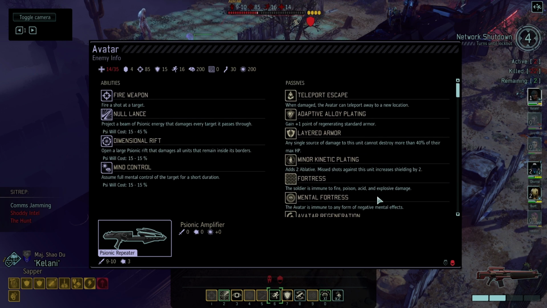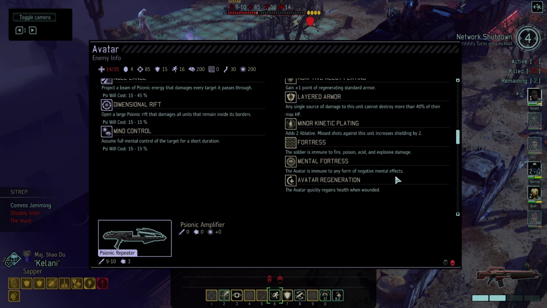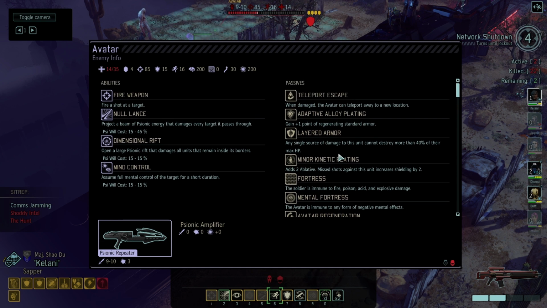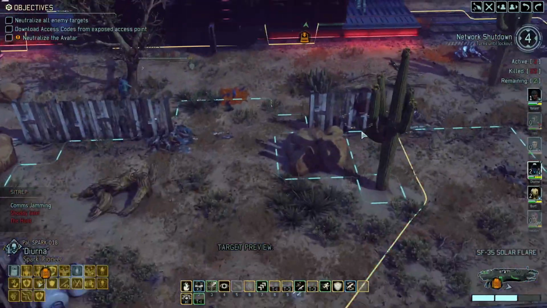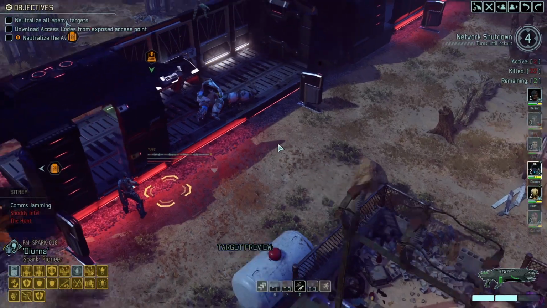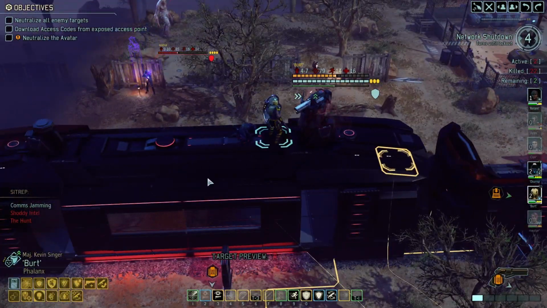It's immune to fire, poison, acid, and explosive damage. Wow. Immune to negative mental effects. It regenerates health, and we can't deal more than 40% of its max hit points, and it has regenerating up. Wow, this thing just has so many abilities. And big miss. The grenades, they do nothing. Let's get Diurna in a position to provide some cover to...